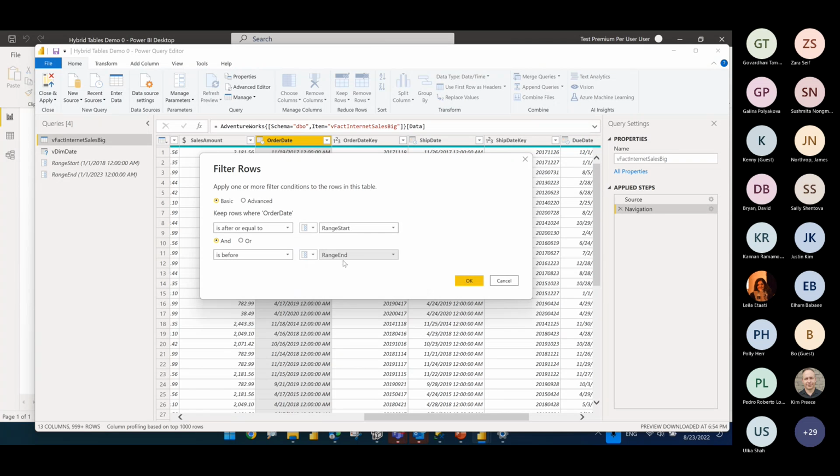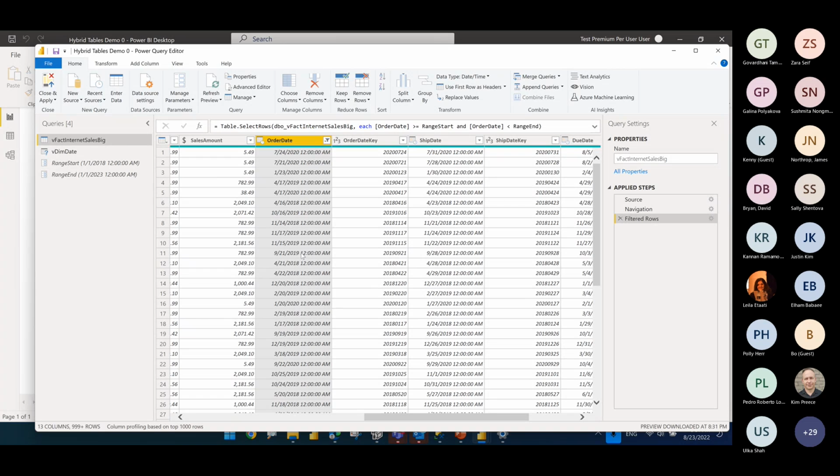You can call these whatever you want if you're just doing this to filter, but if you plan to use this for incremental refresh, Power BI is going to look for these reserved words. So make sure you choose these exact words, okay? Now, as soon as I click OK, this is going to filter this data. So for example, this 2014 row is going to disappear. So I'm going to click OK. Now the data before 2018 is gone, and I'm going to go close and apply.